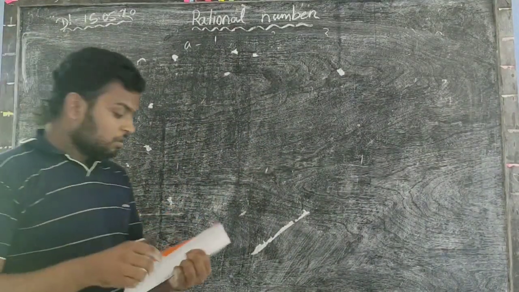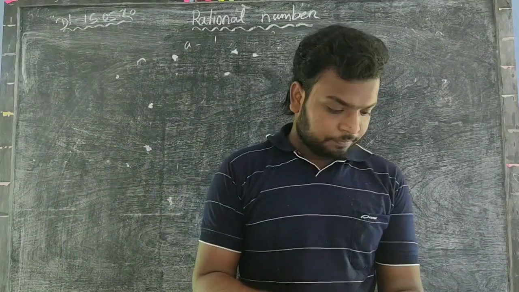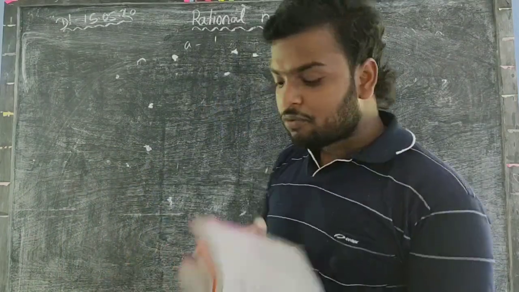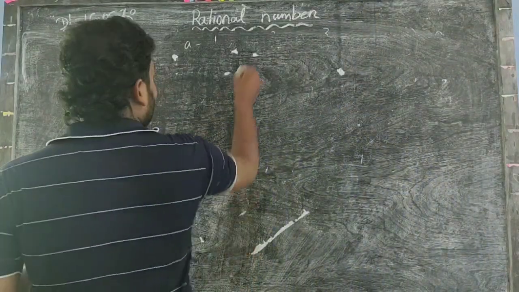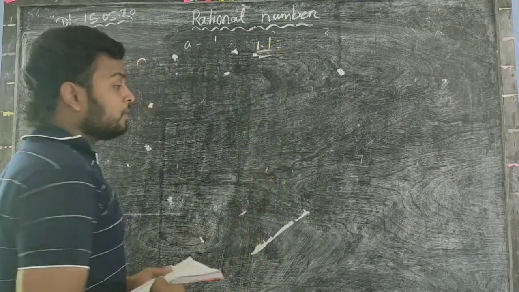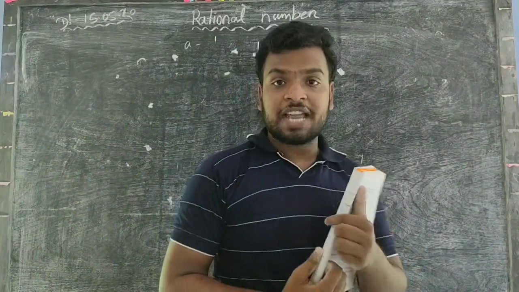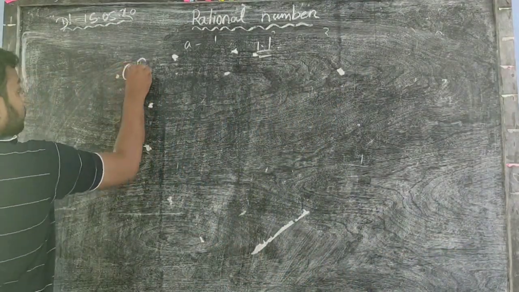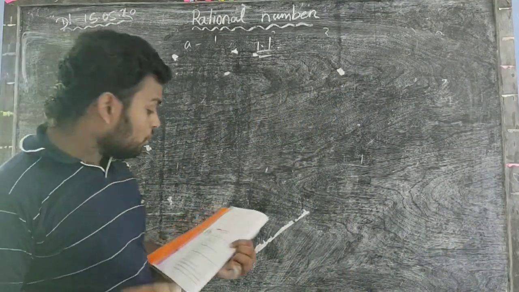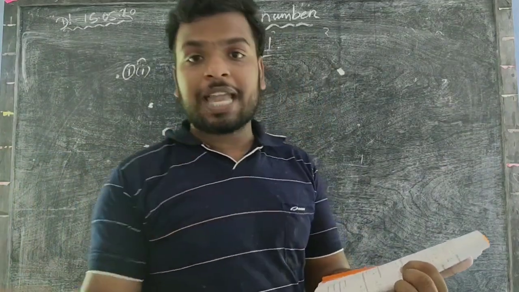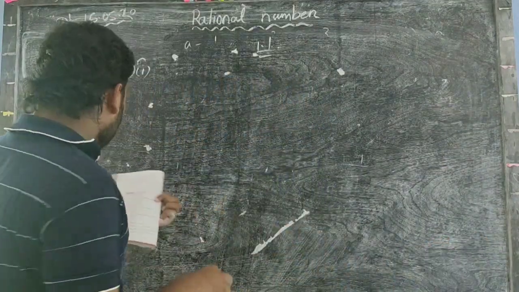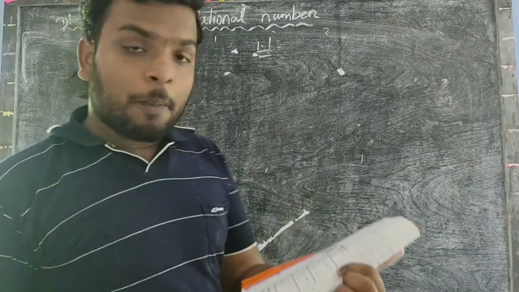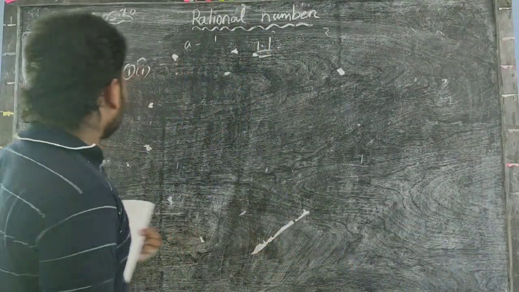So the first exercise, Exercise 1.1. This is the NCERT book Exercise 1.1. So first one is number 1. I will only do the long type questions, you do all the short type questions in your copy. So using appropriate property, find the value of this. So first one is